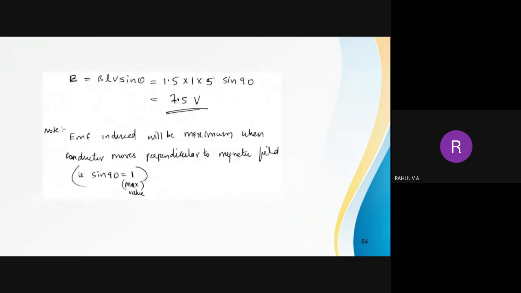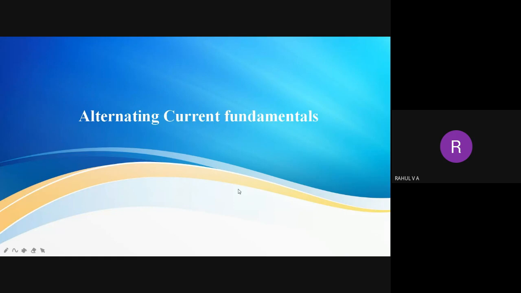So that's about magnetic circuit. Now we are going to discuss the last portion of this module, that is alternating current fundamentals. In this particular topic we are going to learn how we are producing alternating current or voltage waveform, and also what are the important terminologies in alternating current. That is the basic part of this. In the next module, we will discuss this topic in detail. So in this module, it is just an introduction to alternating current.